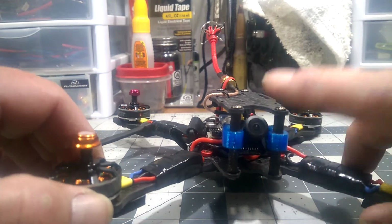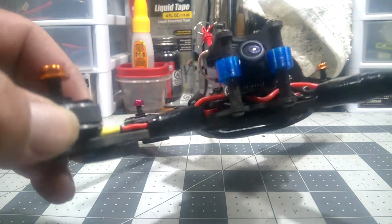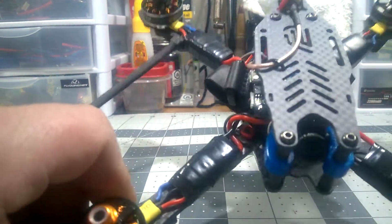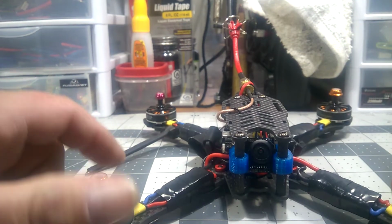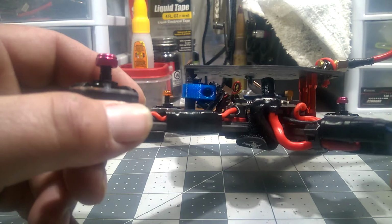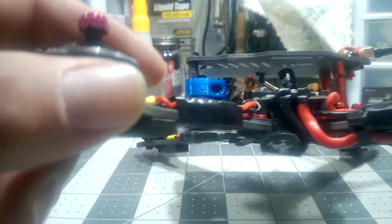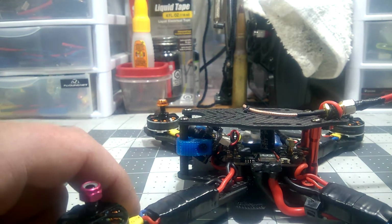But the camera came from PRO Flip. It's a Who Cares camera, $18, and I love it. Now the lens says it's a 2.1 millimeter. Negotiable, I don't know. It seems a little magnified to me, but it's still very, very flyable. You'll see on the video the DVR footage, and they do supply a 470 microfarad 25 volt electrolytic capacitor with